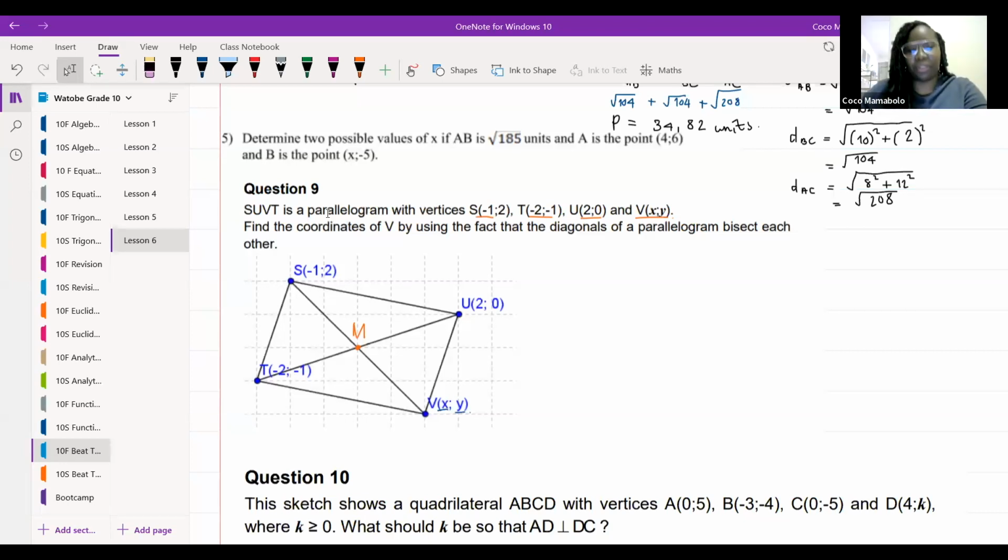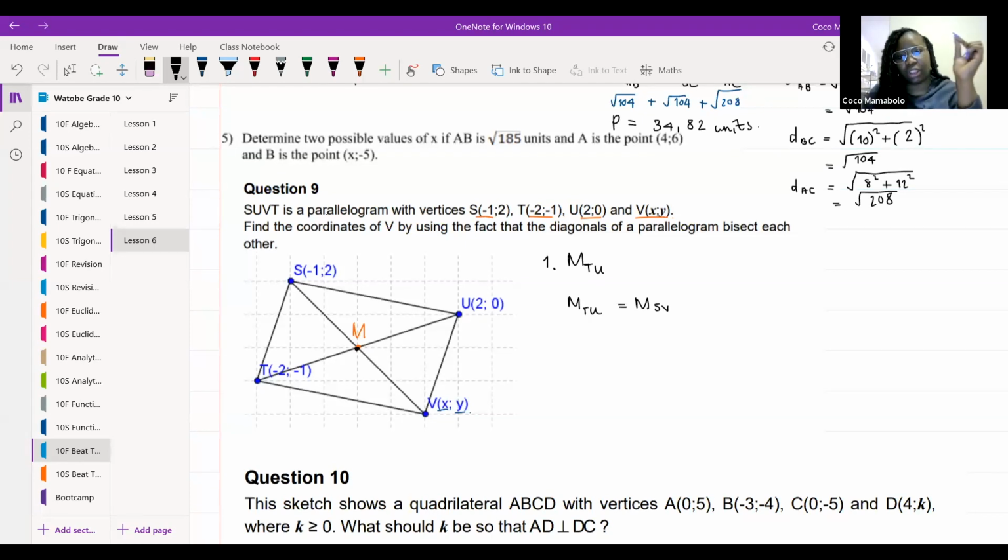Beautiful. We're first going to find step one. Number one, find the midpoint of TU. Find the midpoint of TU. And then once you've found the midpoint of TU, we know that the midpoint of TU is equal to the midpoint of SV. So if we have the midpoint of SV,